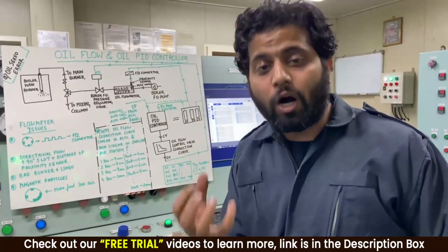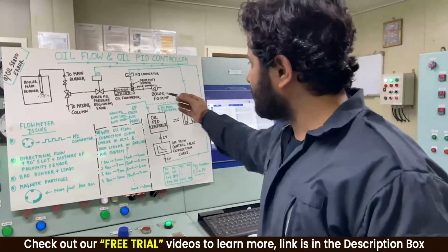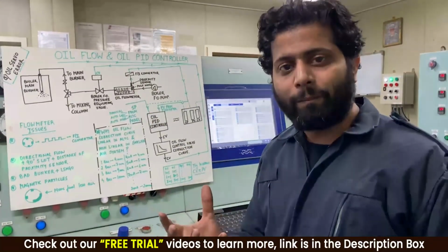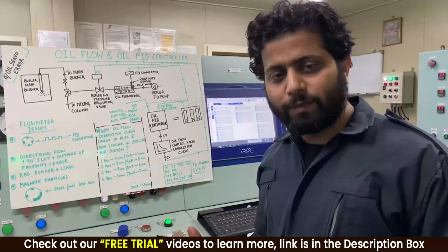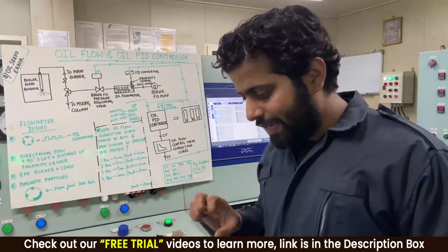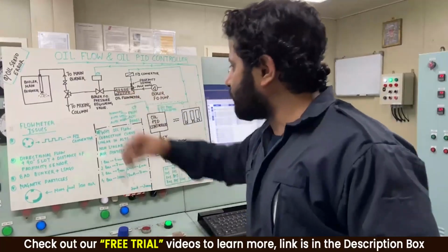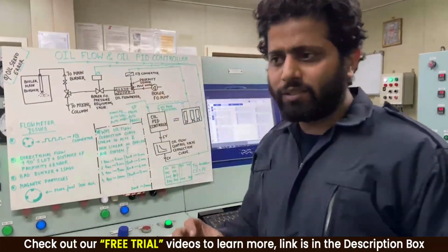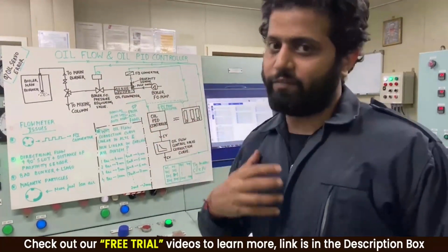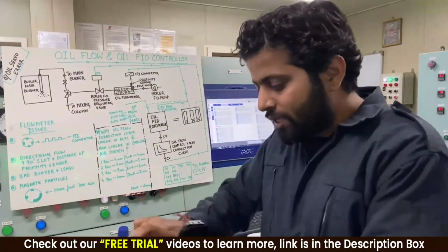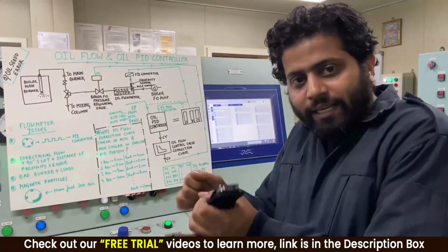The amount of oil going, how much is it, right? So what we do is, we have got a flow meter fitted over here. Now this flow meter is like a screw pump. Any positive displacement pump has a fixed amount of oil going in every rotation. Each rotation, a certain amount of oil is going. We know that because these screws are fitted over here. The oil is passing those screws and the flow meter is rotating like this.